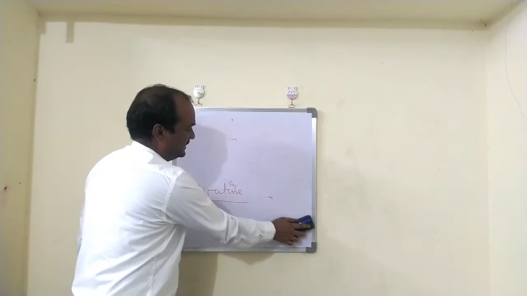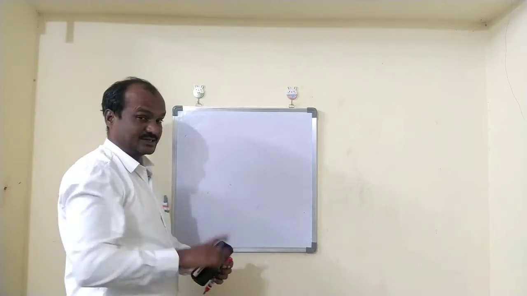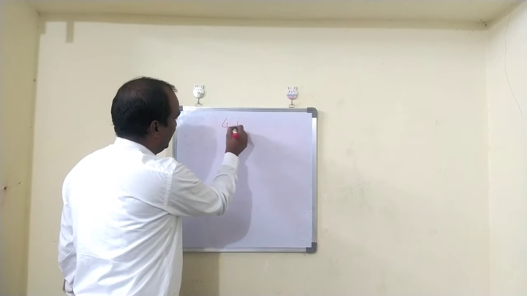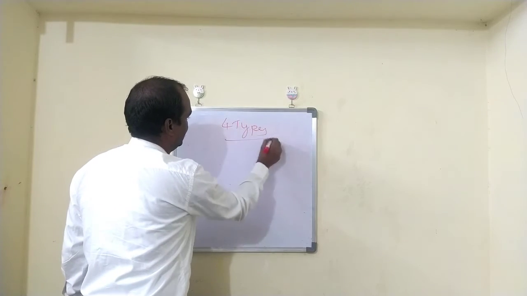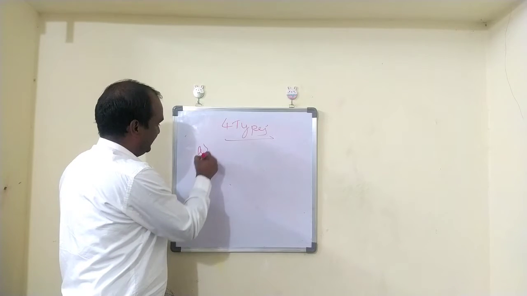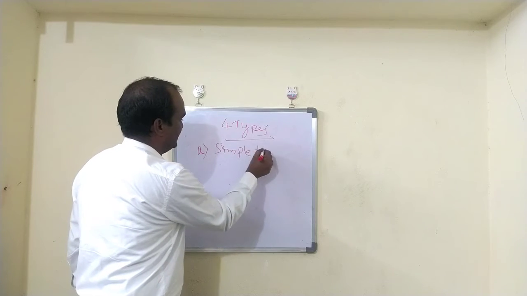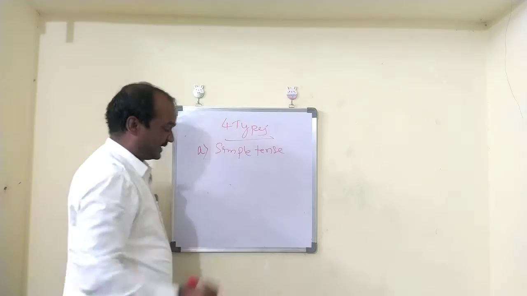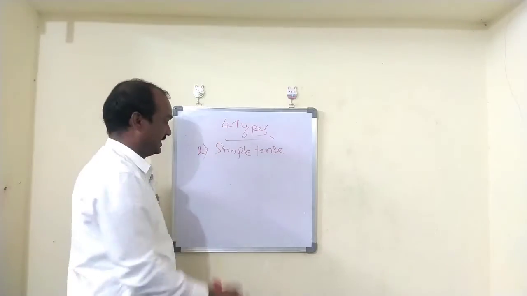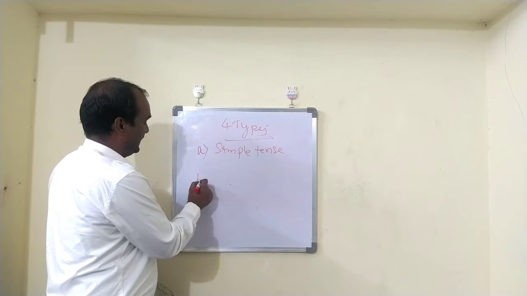Basically there are three types of tenses, right? Each tense is further categorized into four types. So what are those four types? A, one is simple tense. I'll let you know the other names of every tense, right? So simple tense has some other two names, okay? And B is